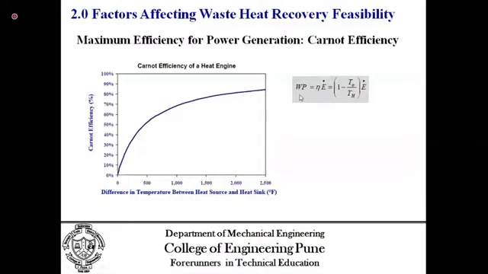This E dot is the energy that can be recovered from the exhaust gases, that is m into Cp into delta T. It is the quantity of the heat available, and this 1 minus TO by TH is the Carnot efficiency. So hence, this is the work potential, that is the maximum possible work that can be recovered from that heat source. And we are interested in this work potential.